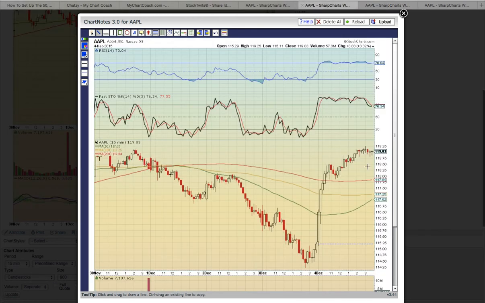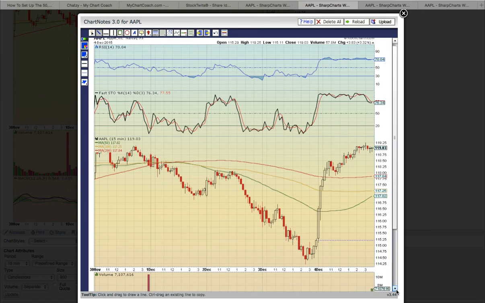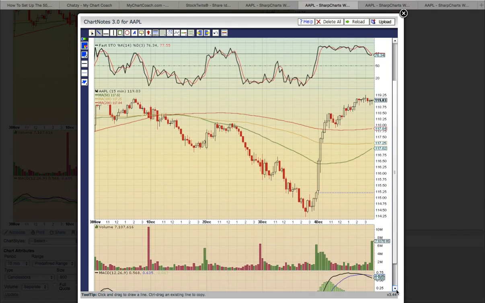And then now let's look at another chart. This is a 15-minute chart, and each candle on this chart represents 15 minutes of trading. Okay, so if you go back to December 1st, the candles were temporarily trading above the 50, 100, and 200-day moving averages. This is a 5-day chart, and each candle represents 15 minutes of trading, and the green line is the 50-day moving average, the gold line is the 100-day moving average, and the red line is the 200-day moving average. And as you can see, the candles were forming above on the 30th and to begin the first,